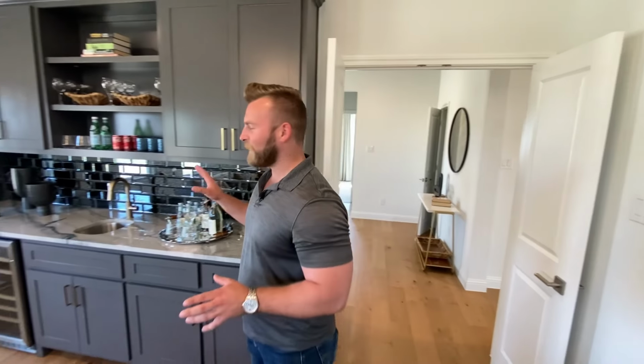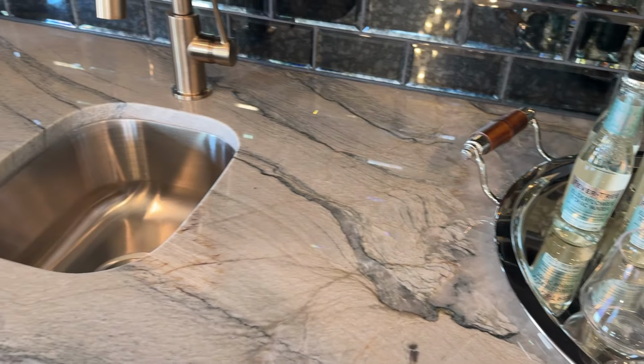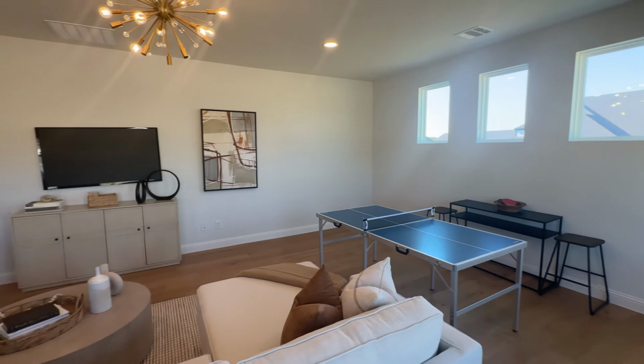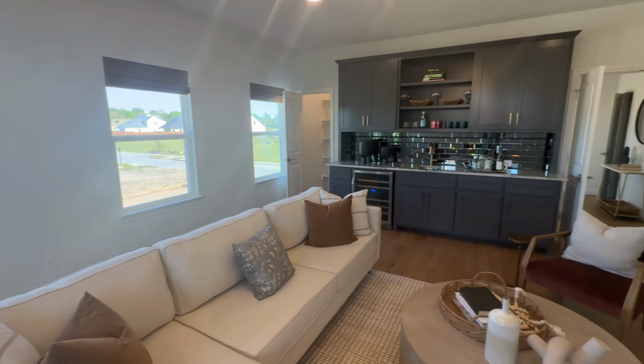But this is the thing I really wanted to show you about this house, and this is this awesome bar setup in the game room upstairs. So whenever you've got game day, it's, you know, Super Bowl, you got all your friends over, you probably, first of all, look at this room, it's huge. I know they only have 1 TV set up right now, but if it were me, I had this much room, I'd have like 2, maybe 3